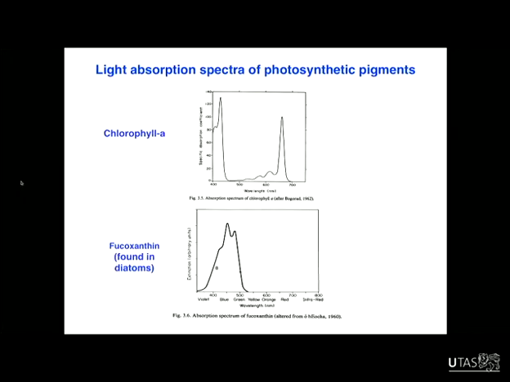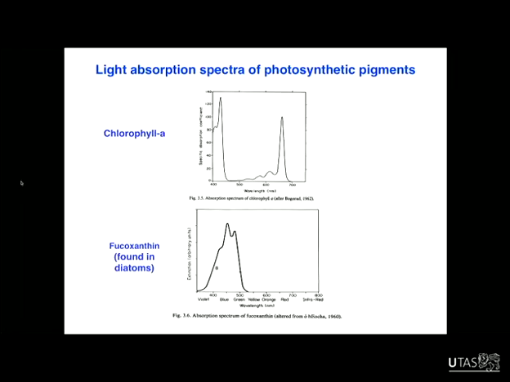So the phytoplankton are green because they contain chlorophyll. The role of chlorophyll in the cells is to act as the antenna for absorbing solar radiation. And that's what phytoplankton use as the energy source for carrying out photosynthesis. This just shows in the top plot here the absorption of different wavelengths of light by chlorophyll. So chlorophyll appears green because it doesn't absorb in the green, these mid-wavelengths here. It absorbs strongly in the blue, and it also absorbs in the red.